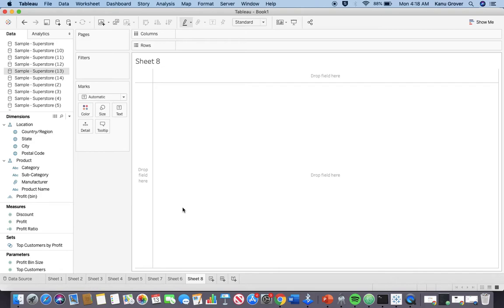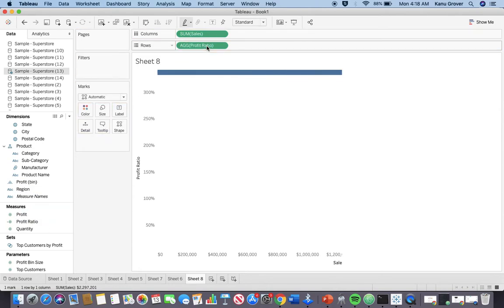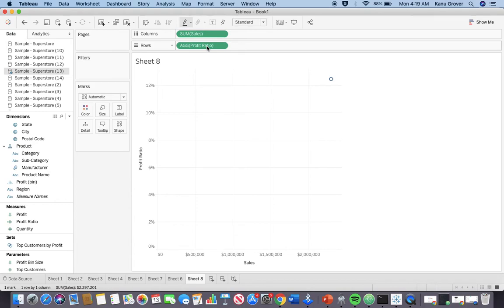So let's take some parts from an example that we just saw. This example compared the distribution of profits and the distribution of sales. But now in this case, let's describe sales as our independent variable and profit ratio as our dependent variable. Essentially, the sales impact the profits. So if we go over here and drag sales to our column bin, which is our independent variable, and we find profit ratio and drag it over to rows, which is our dependent variable,